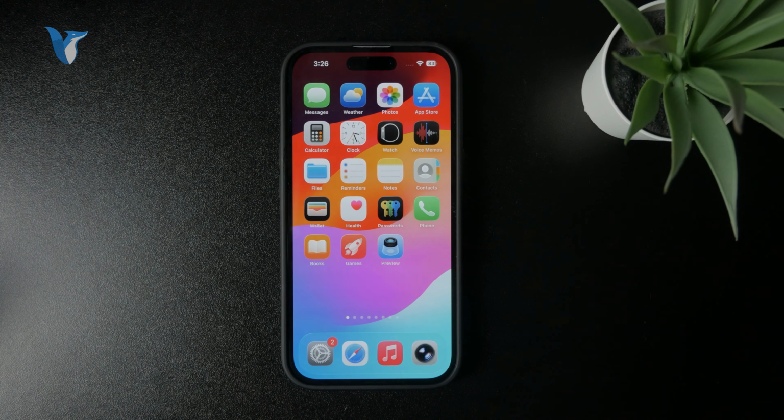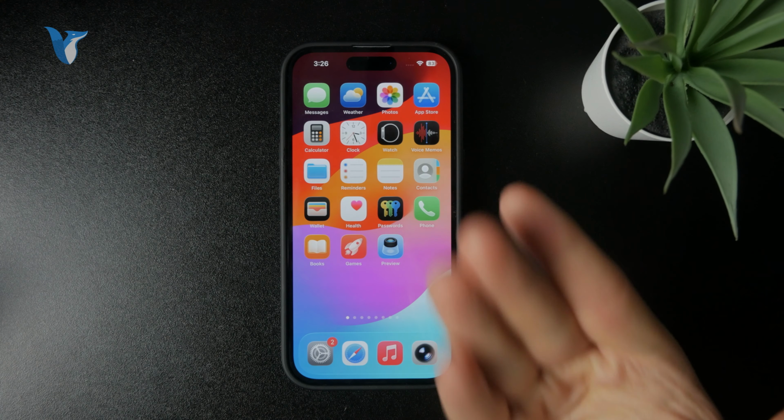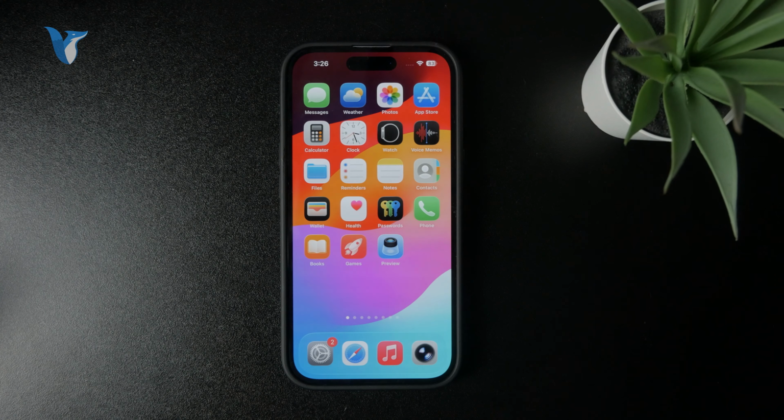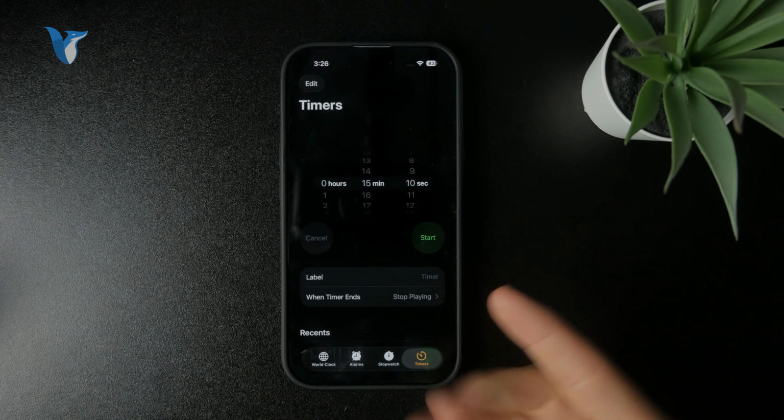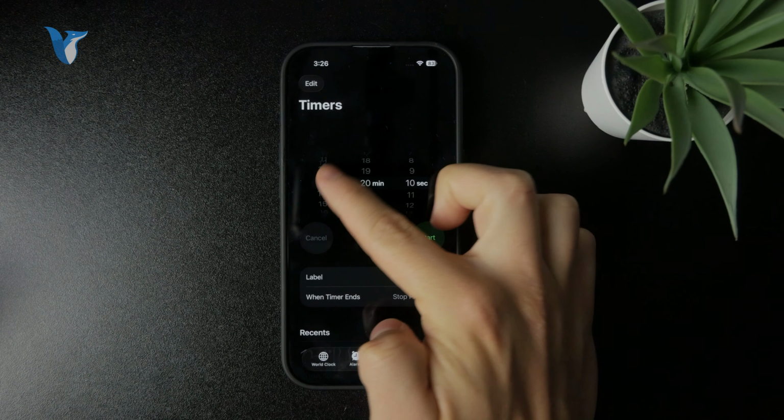So there might be more things which you mean. I'm going to cover all of them, but the first is by going to the Clock application and checking out the Timer section. In the timer, you can set any amount of hours, minutes, and seconds and set your timer. But the important thing is what happens after the time is up, because usually it's just going to